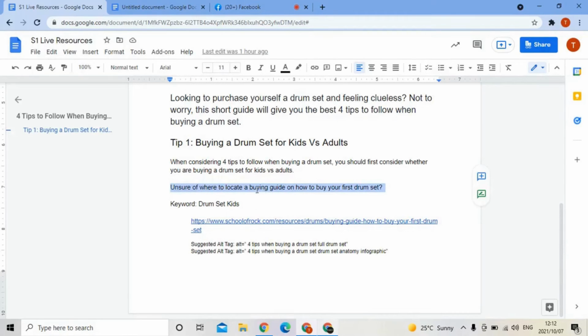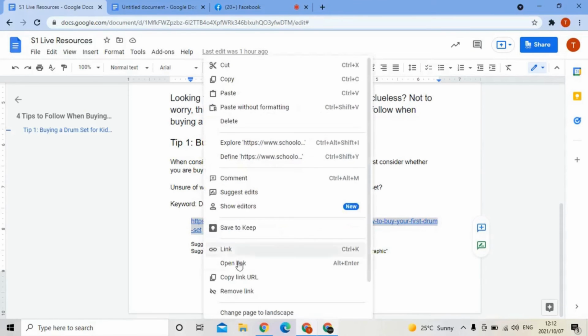So our line of text here is: unsure of where to locate a buying guide on how to buy your first drum set. And then what we do is we'll take our link here, which is buying guide on how to buy your first drum kit, and you'll see that the text in our article lines up with the text in our line of text over there, which is buying guide on how to buy your first drum set. So when you embed this link, try and have the text as close as possible to the text that you're linking it to. So then we'll copy this link